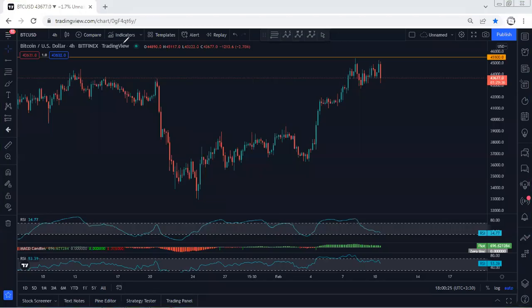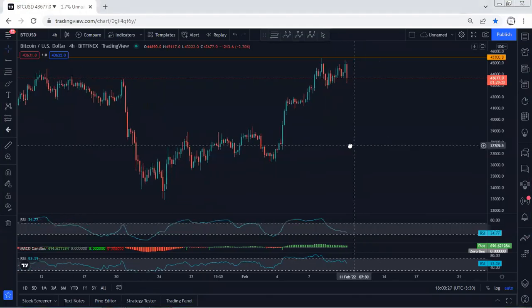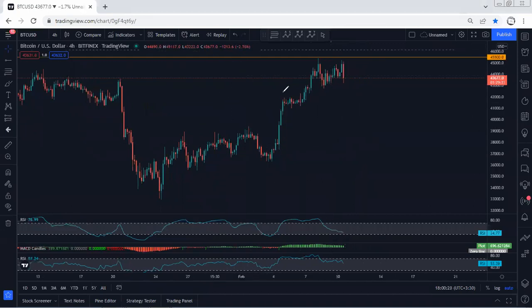Bitcoin, we start with the 4-hour chart. I want to give a quick update. If we refer to our analysis, since the price was here, we mentioned we're looking for buy. And I mentioned we have to see the breakout of the 45,500, almost near what we expected. Now, what's next? Whether we can look at this one as a correction for continuation or not.